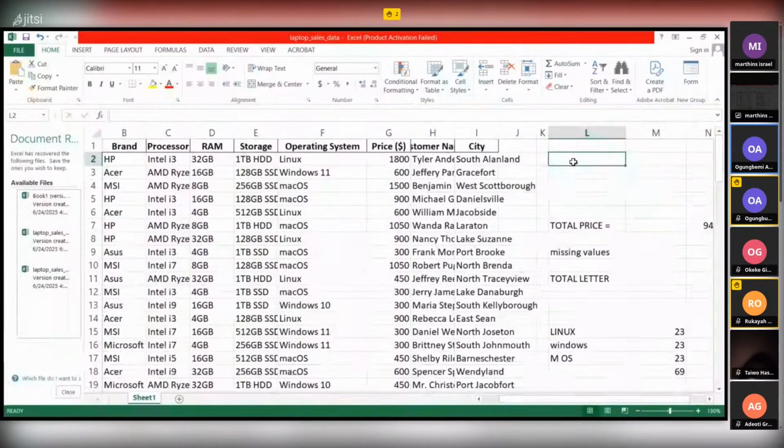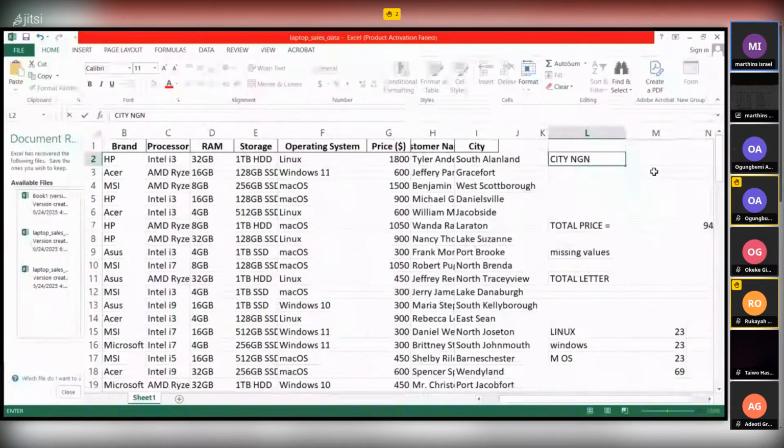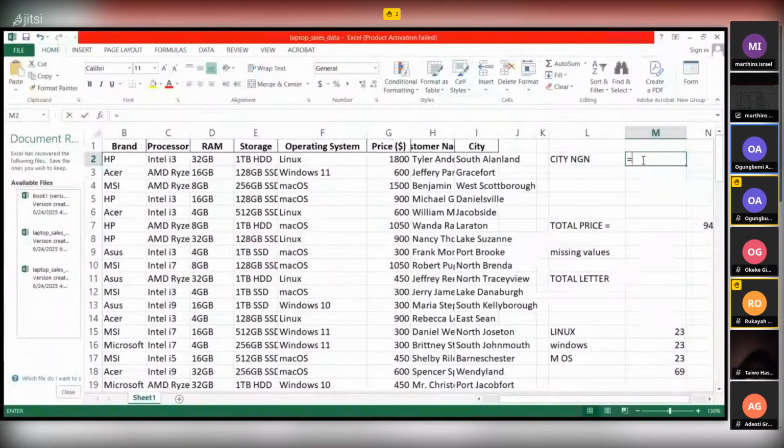Equals to now. Okay, so what are you going to do to show, let's make it neat, that this is the city? Are you not going to give it a name like this? Okay, City, Nigeria. They are trying to check for Nigeria. NGN is short. Then the next cell equals to